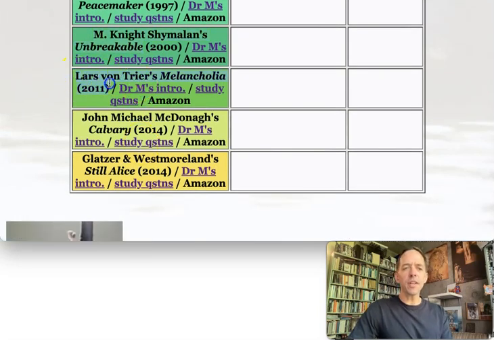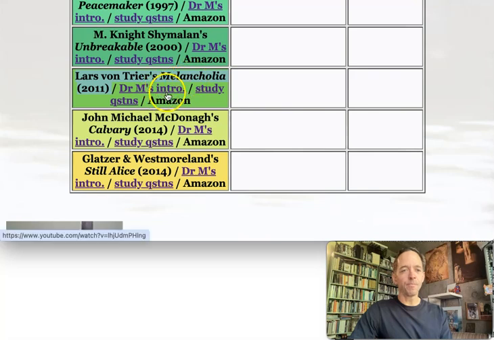Melancholia has to do with depression. And if you have struggled with depression in the past yourself, as many of us have, you might want to avoid this film unless you think it might be therapeutic to walk through a very harrowing, realistic portrayal of depression. So, be forewarned. This film also has to do with the end of the world. So there's a lot of deep, heavy things happening in this film.